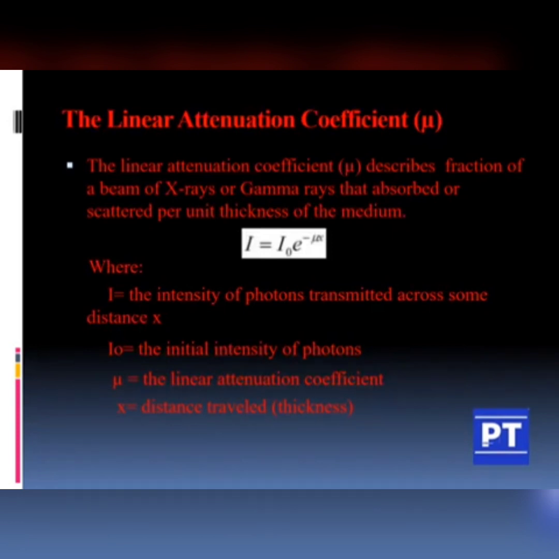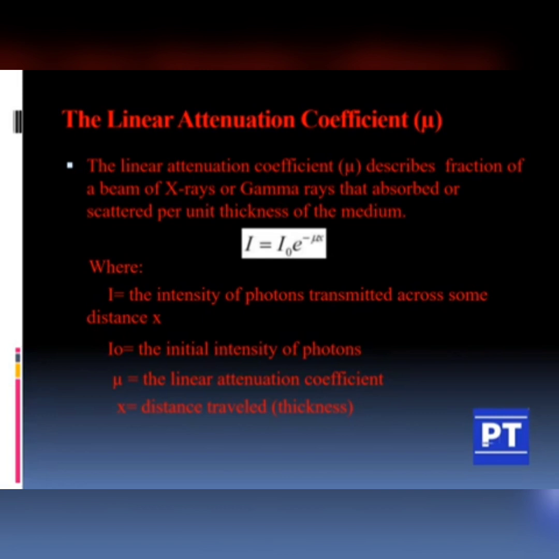So what is meant by attenuation? Attenuation, as I discussed before, can be defined as the reduction in the X-ray photons either by absorption or by scattering. The X-ray photons will be absorbed by the human body, and along with that, scattering is happening. These scattered photons are usually received by the radiation workers. Attenuation is of two types, the linear attenuation coefficient as well as the mass attenuation coefficient. Let us see what the linear attenuation coefficient mu is.